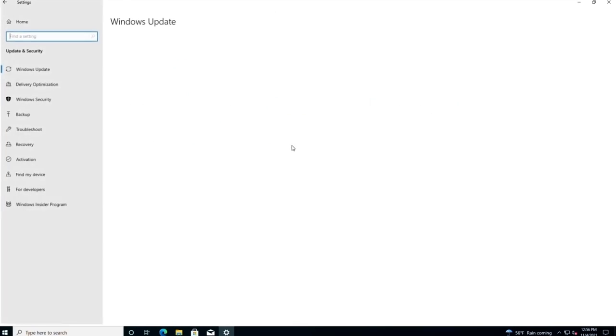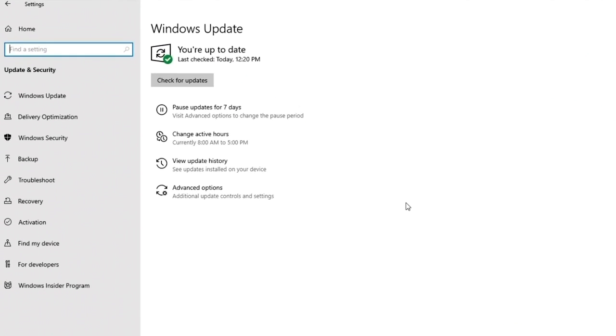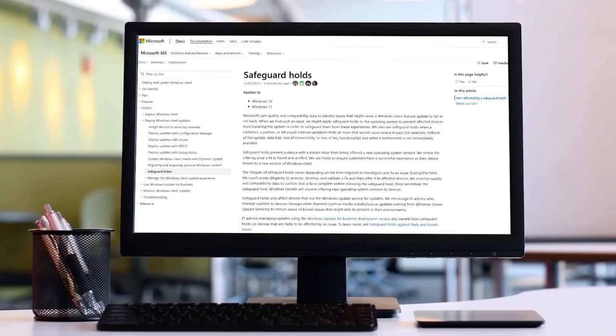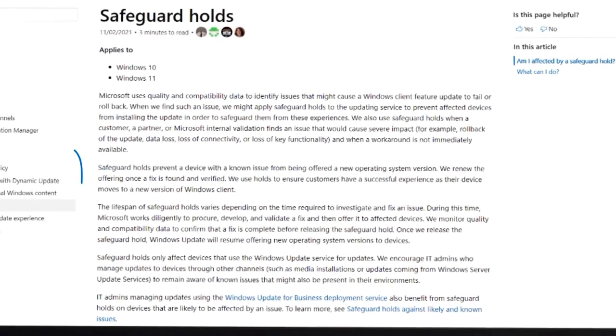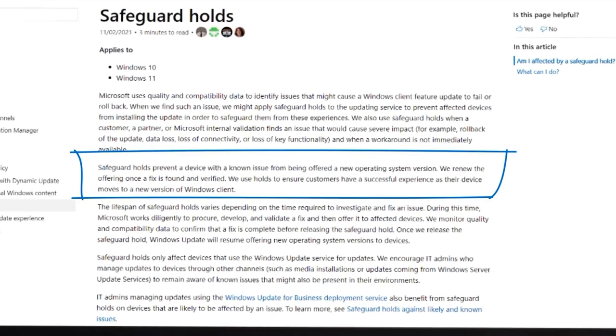If you do not see the 21H2 feature update option in the settings page, it's because we need more time to confirm the update is compatible with your device. As we saw in previous Windows releases, if any safeguard holds have been identified on your device, we may need to delay your move to version 21H2.